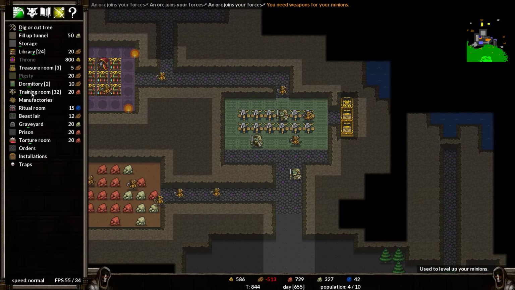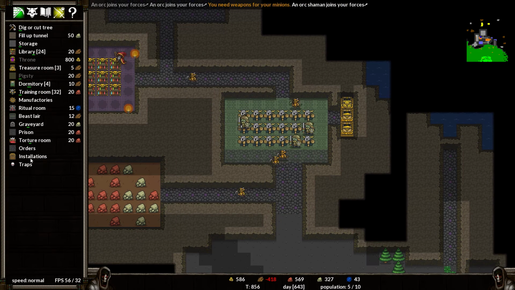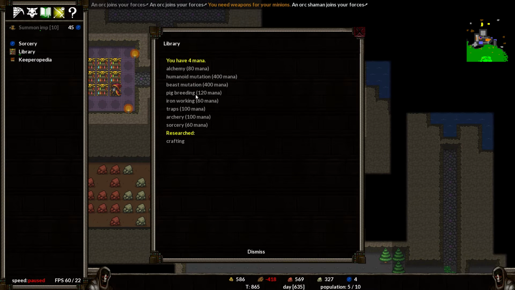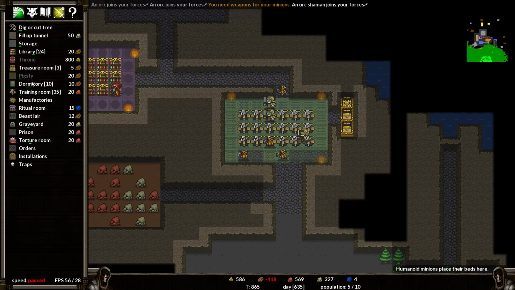May expand this room a little bit, training room, expand it a little bit so we can. Going to put some installation and place a torch here and here for now. Maybe here as well. Yeah, we'll leave it like that. 3 torches for now to be placed. First research we can do, crafting. And crafting unlocks few recipes. It unlocks, first of all, the